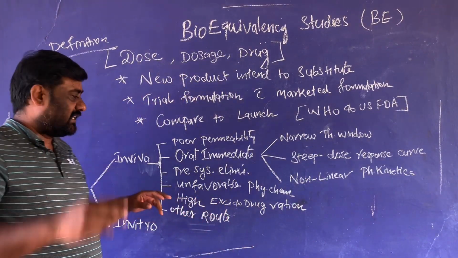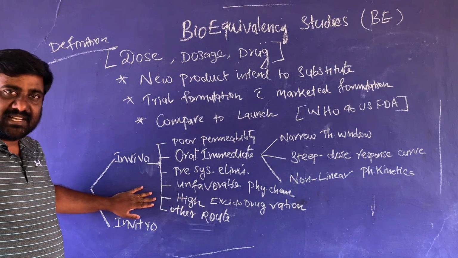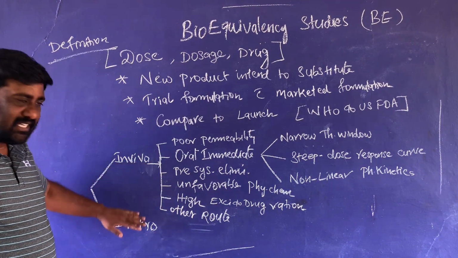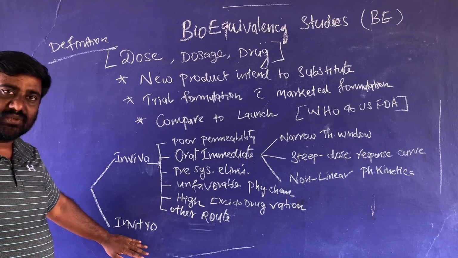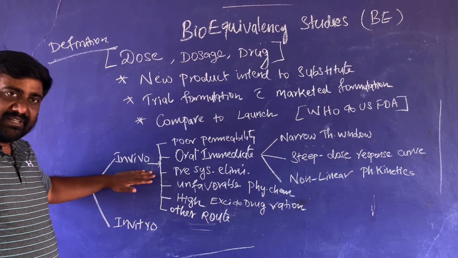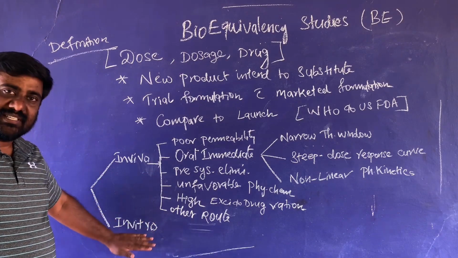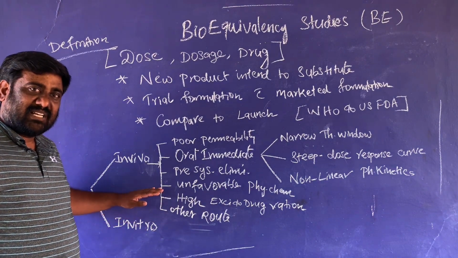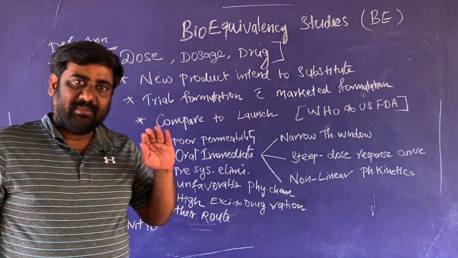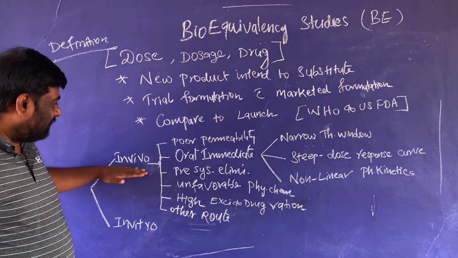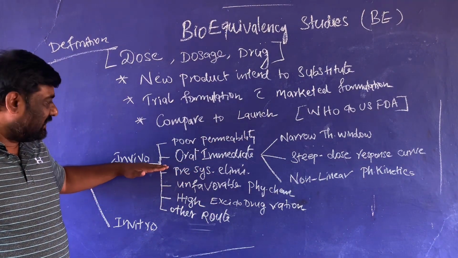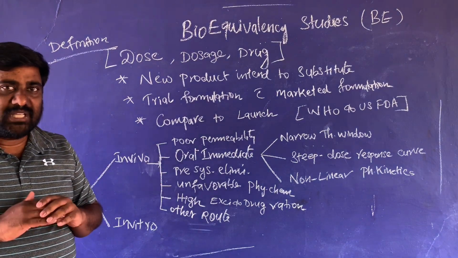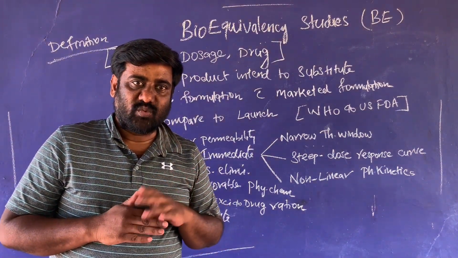When in vitro studies are preferred, or when in vivo studies are preferred for bioequivalency, is given here. There are two types of comparison: one is by the in vivo method, another is by the in vitro method. You know the difference between in vivo and in vitro. The in vitro is an alternative method to in vivo, and compared to in vivo it is a very simple and easy technique. In vitro is nothing but doing the experiment or research outside the body by mimicking the in vivo setup. In vivo means doing the experiment or research inside the body, with animals or human volunteers. Mainly the bioequivalency study is done in human volunteers.